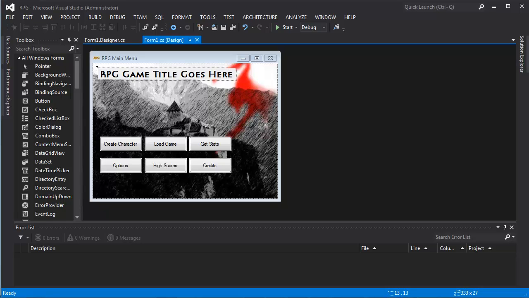Okay, we're at the beginning of our role-playing game. We did our first step, which was to create a window, a graphical user interface. We're going to keep working on it and talking about Windows controls. What we want to do now is make it so that when we double-click on Create Character,